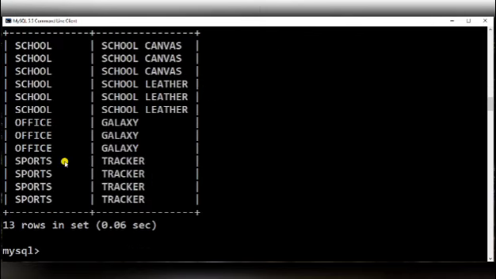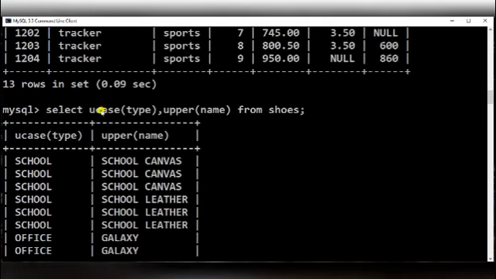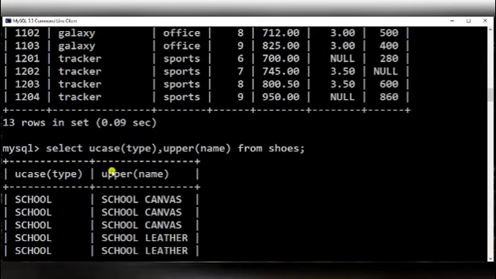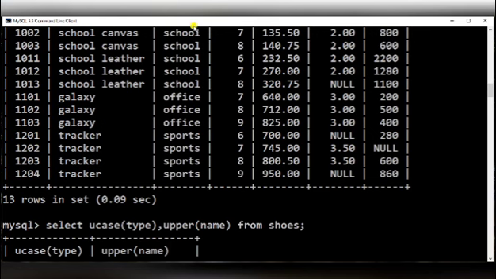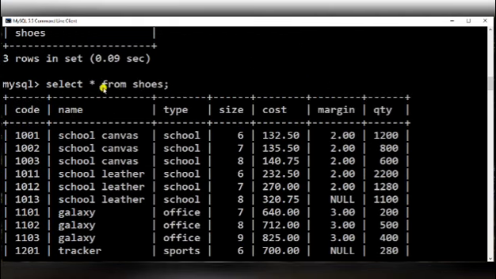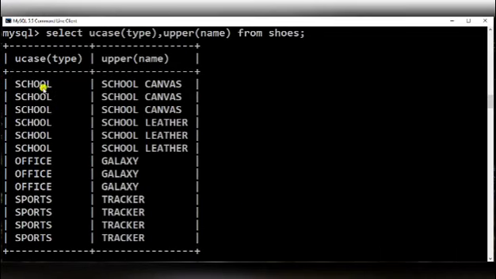Now, as you can see, by writing this query, UCase and upper both act in the same manner. You can either write UCase or you can write upper, as I have told you earlier also. So it has displayed all the contents of the choose table, name and type columns, in capital letters. And if I use lcase or lower function, what will happen?